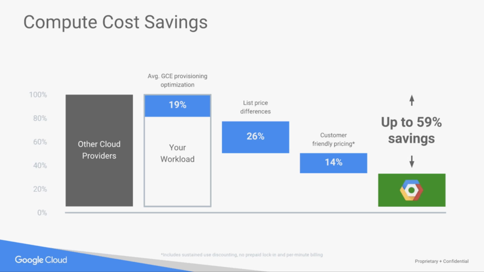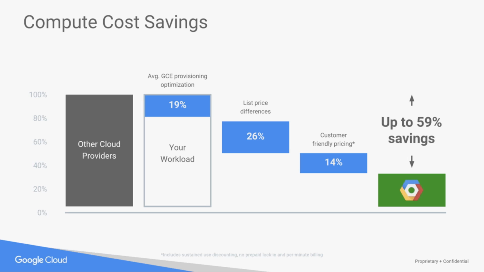If you look at this compared to some of the other major cloud vendors, we offer things like custom machine types. So again, on the compute side of the house, you can pick the exact type of machine you need, not be pushed into a pre-configured type of machine. We also offer per minute billing instead of per hour billing. So you only actually pay for the compute time that you actually use.